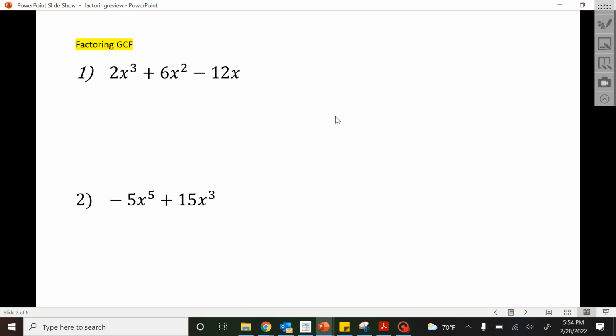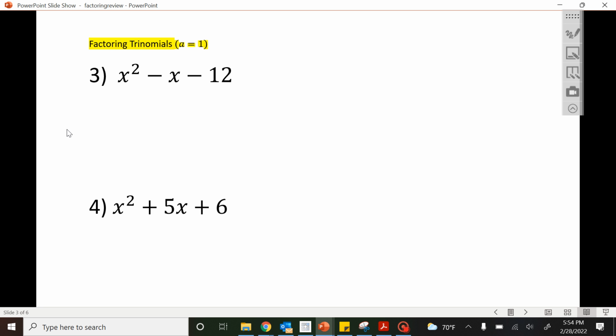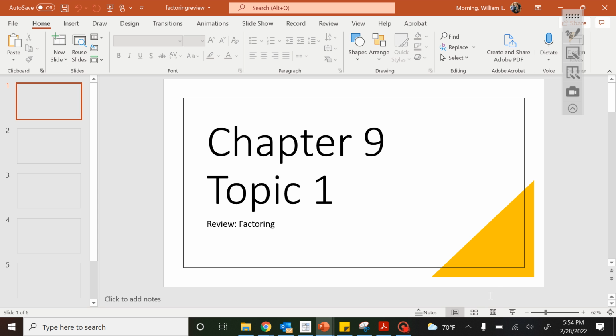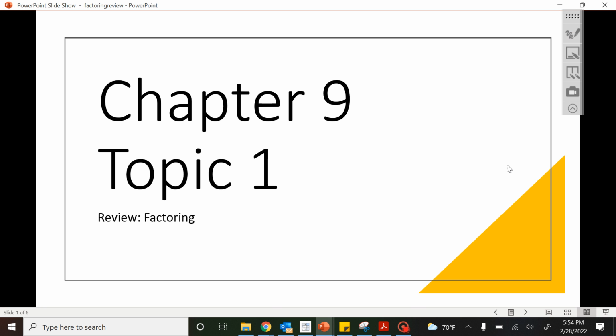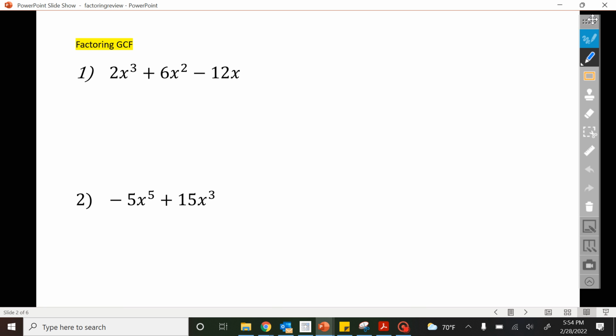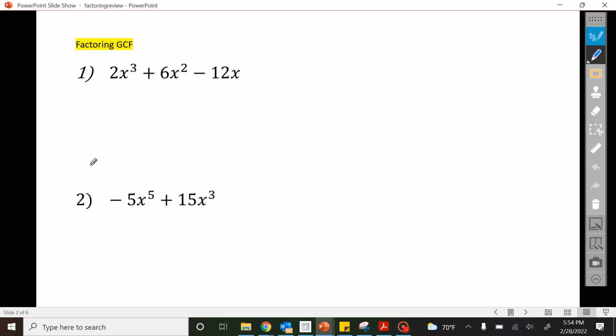We're looking at how to factor, or a review on how to factor. Chapter 9, Topic 1. So to begin, start every problem by trying to factor out the GCF, the greatest common factor, between